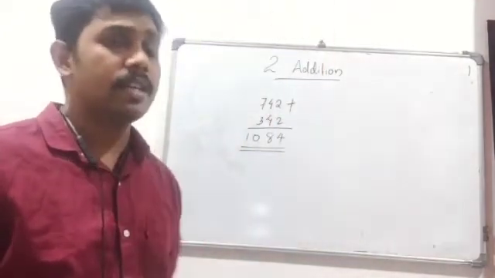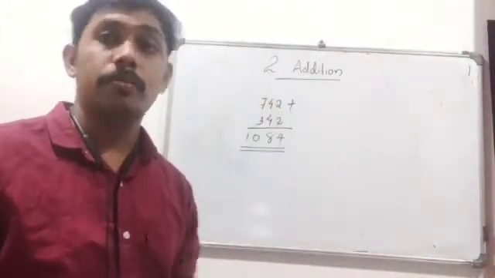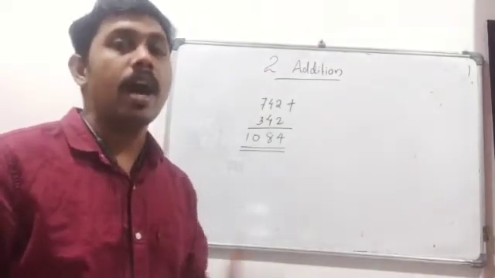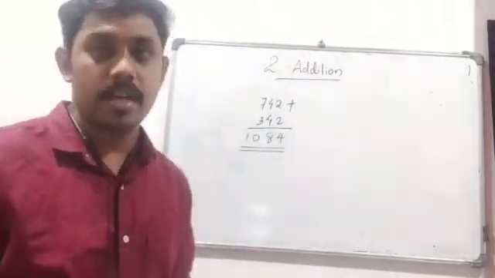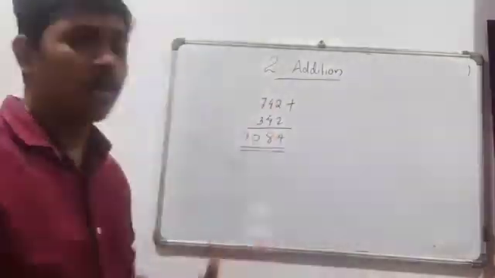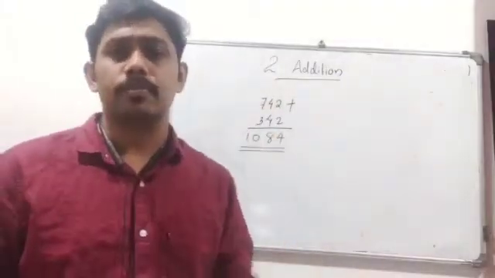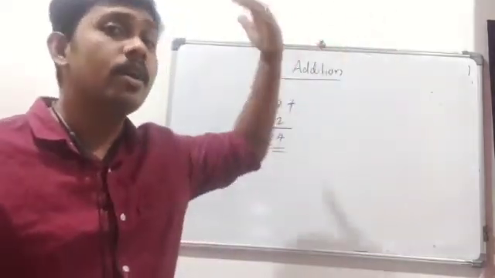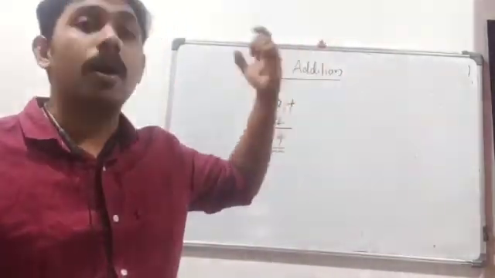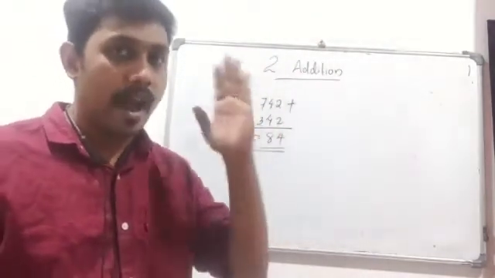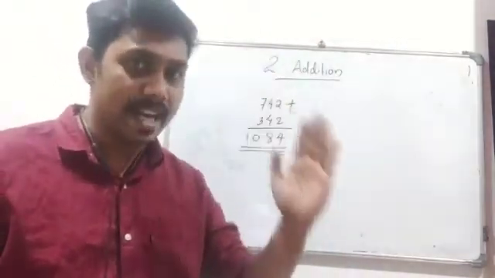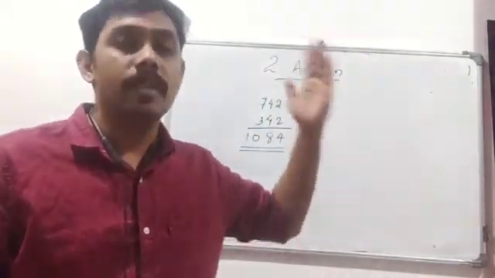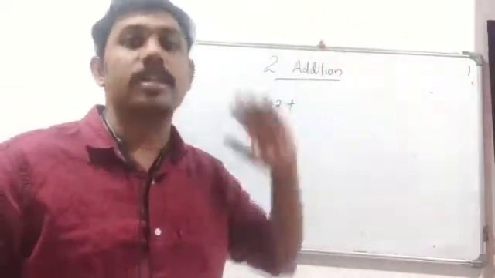We have discussed this in our previous year. In this chapter we are going to discuss the addition of 4-digit numbers. We follow the same rules. First we add the ones digits, then the tens digits, and then the hundreds. For a 4-digit number we have the thousands place, isn't it? After that, we will add the thousands digits.